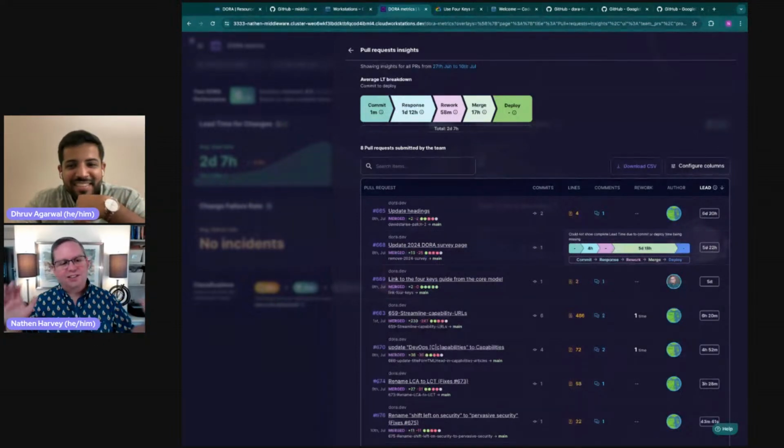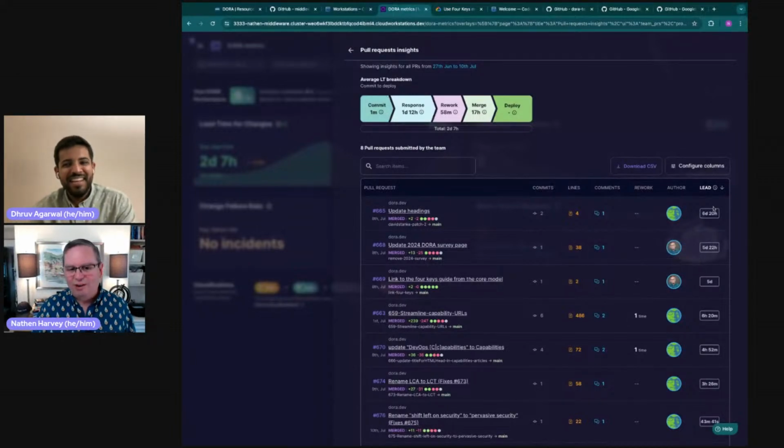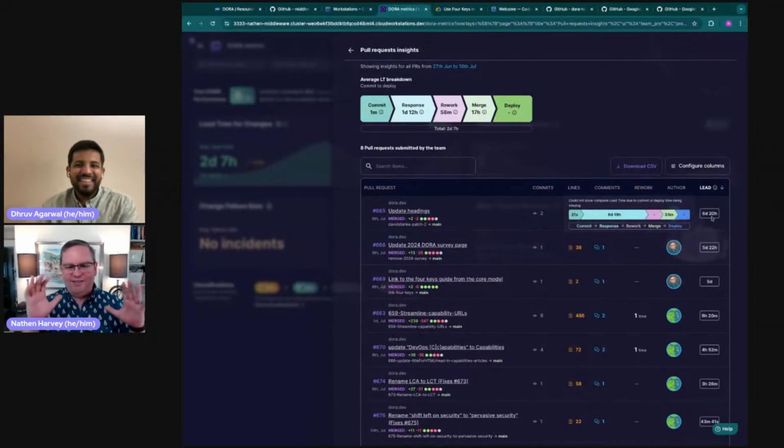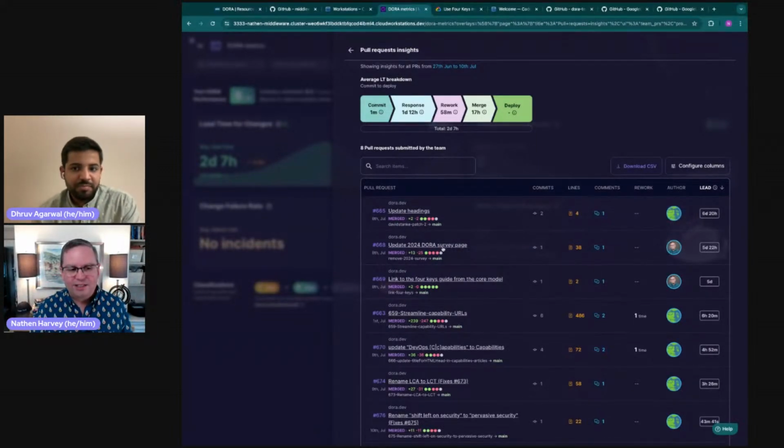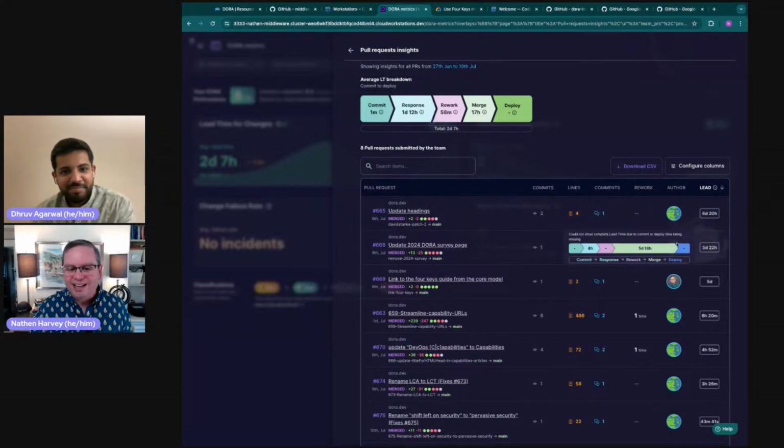Now, it's a small enough repository, and I happen to be the one that wrote that PR, and I'm sure I'm the one that reviewed that PR. So I have all of the details in my head about how this works. And in fact, I know that this PR, update the survey page, I wrote on like a Friday or a Thursday, but I intentionally didn't want it deployed until Monday. But I asked Dave to sign off on it in advance of that. And so you see a really nice response time, 4 hours. It's not so bad. No rework. It must have been just approved. Yeah. But then we intentionally held that. So I have all that context in my head.